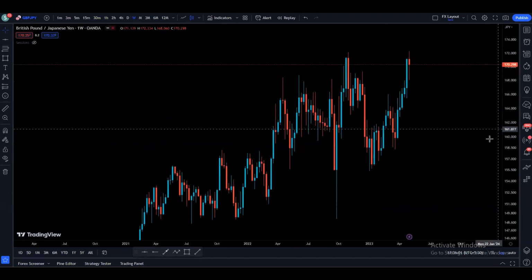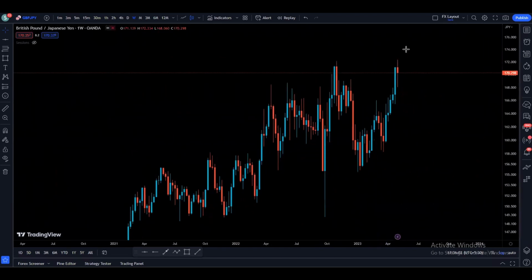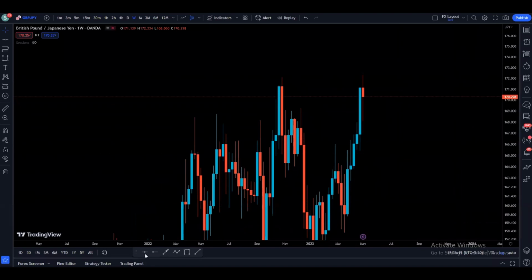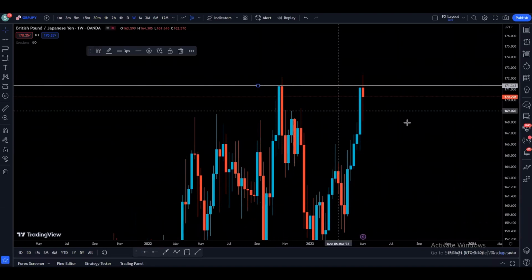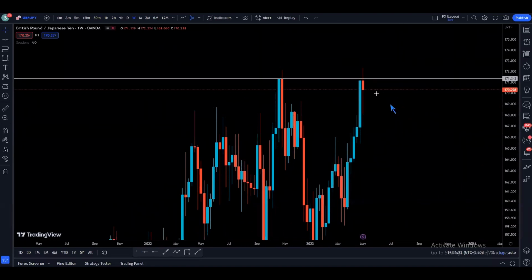On the weekly time frame, we can see that the price is bullish because we are making higher highs and higher lows. As we can see, we are creating high, higher low, high, higher low, and right now after that we came up and retested the previous high. So basically we are having a bullish market structure on the weekly time frame, and if we look more closely we can see that we have resistance, and last weekly candle closed bearish at the resistance. So now price may come down maybe to this broken area, find support in this area, and then come up